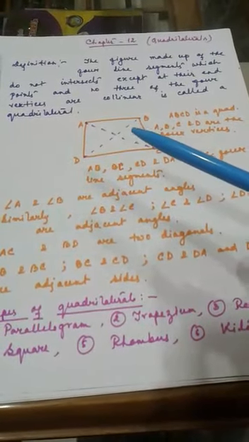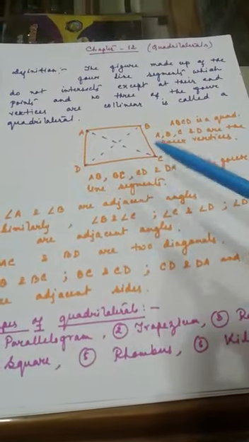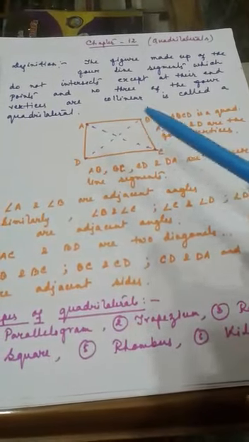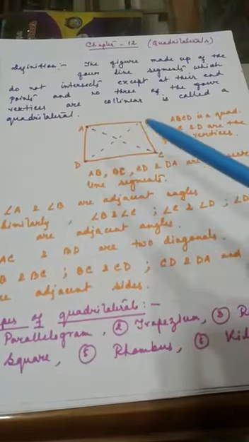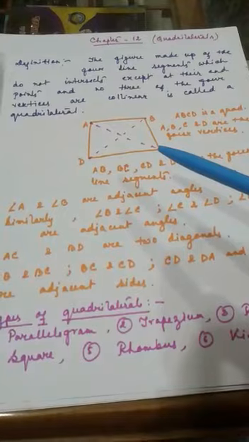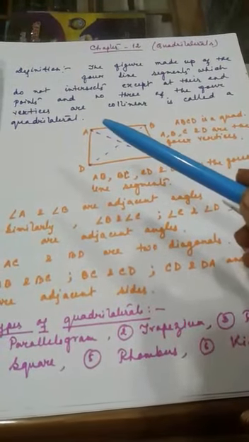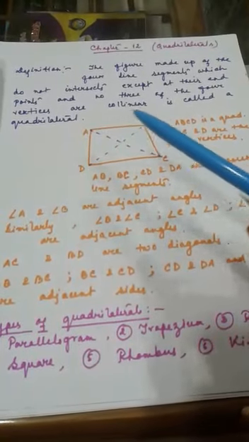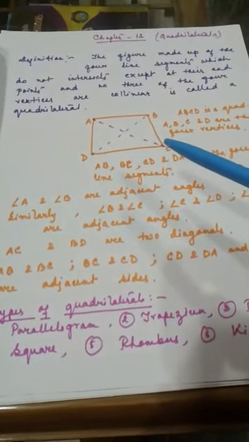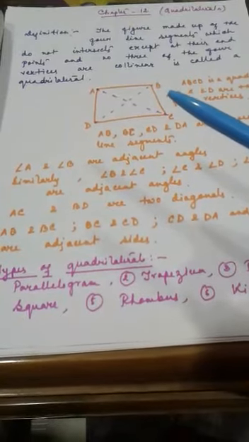Now here you will notice, if you consider these 3 points A, B, C, these 3 points are not lying on the same line segment. That means these 3 are non-collinear points. Got it? So, out of 4 vertices, only 2 can be on the same line, not more than 2 points. Clear?